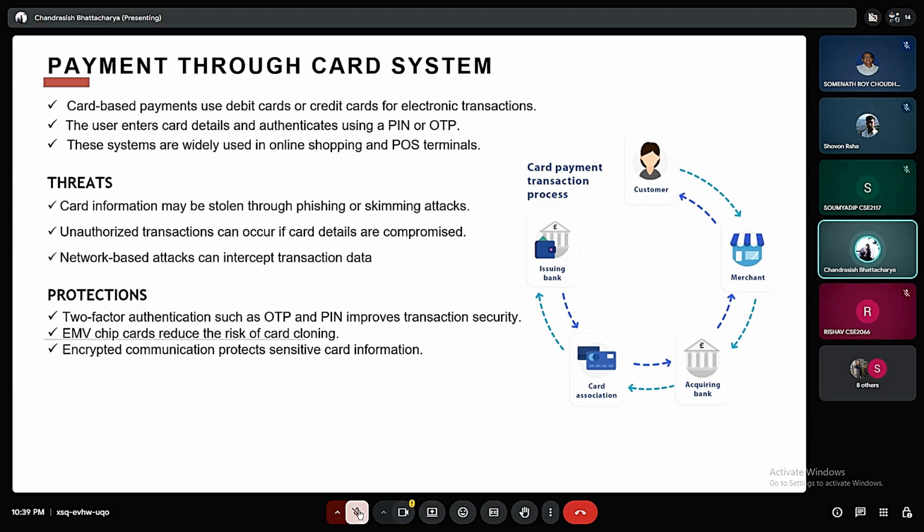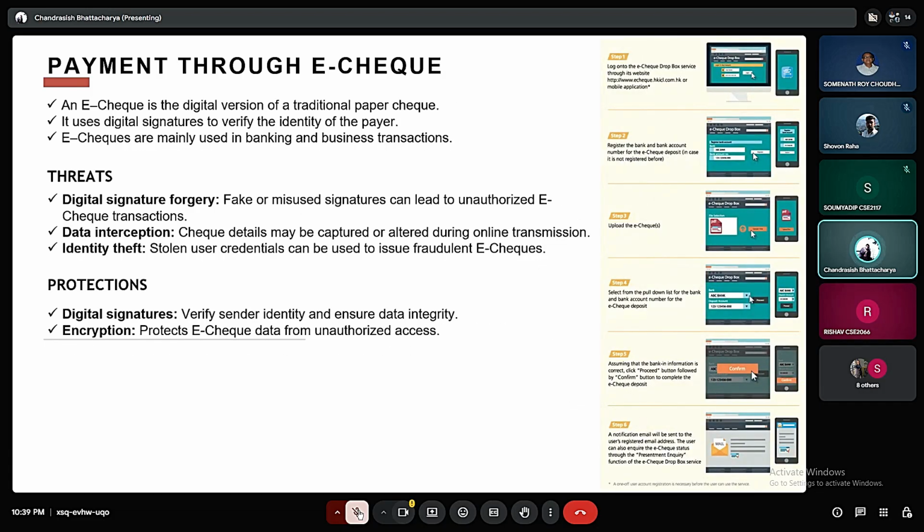The EMV chip card reduces the risk of card cloning. Encrypted communication protects sensitive card information. In the next slide, I will be talking about the payment through